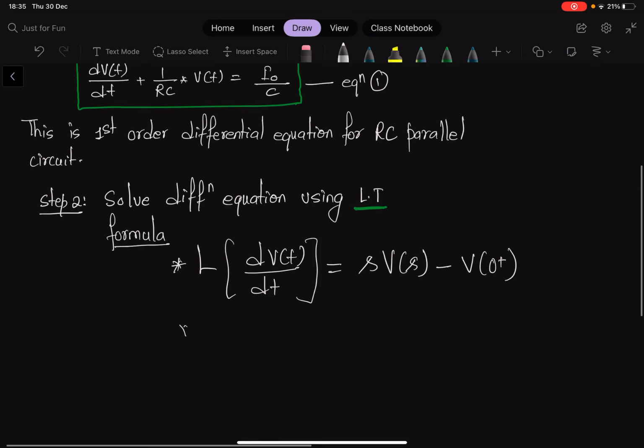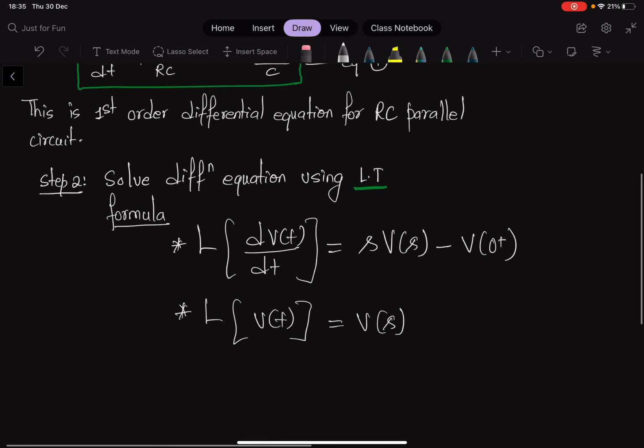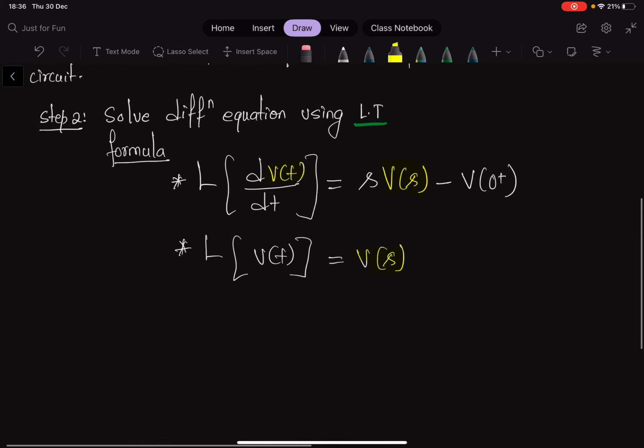Similarly, another formula I'm going to use is simply the Laplace of a variable. So the Laplace of a variable in the time domain will convert simply into the s domain. There is a technique: you don't need to write this as V(s). You can mention this as a capital letter, and the capital letter indicates the frequency domain, which is after the Laplace transform, and you have the time domain, which is before the Laplace transform, or we write a